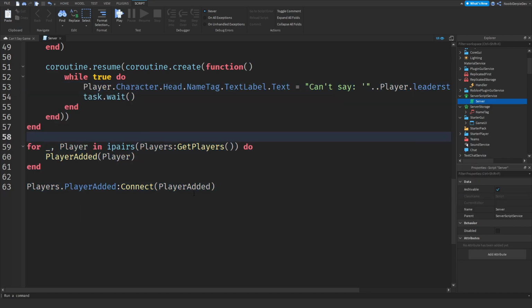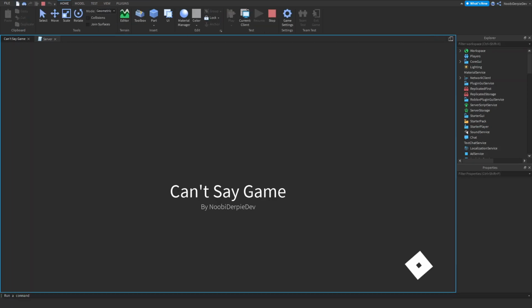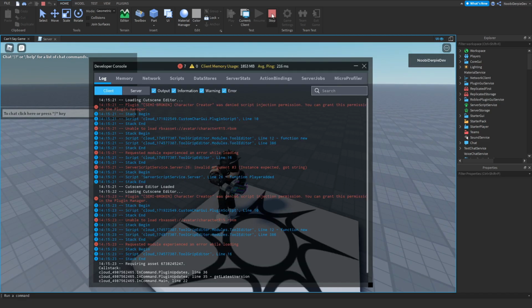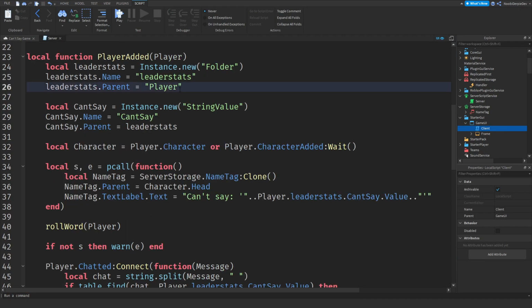So it's a really simple script, and we're not done yet. Not yet. We have one more script to go, and that is the one in Game UI. But if you join your game right now, you will notice that a portion of the thing will work, except for this, because I'm not loaded in correctly. We actually have an error.